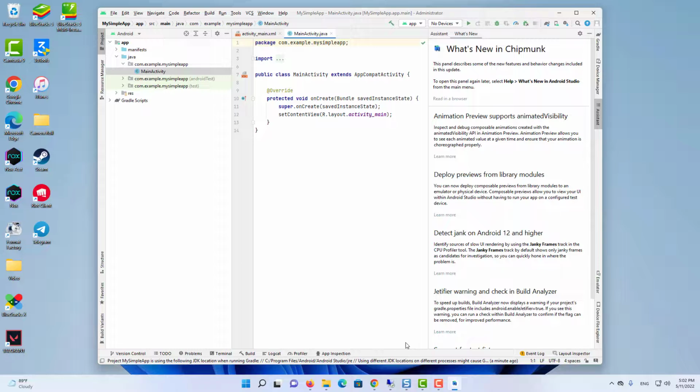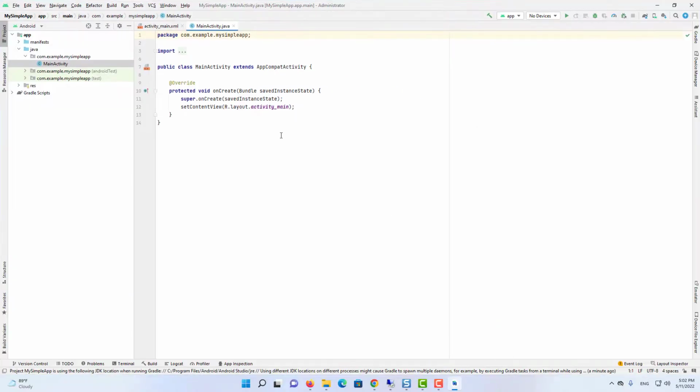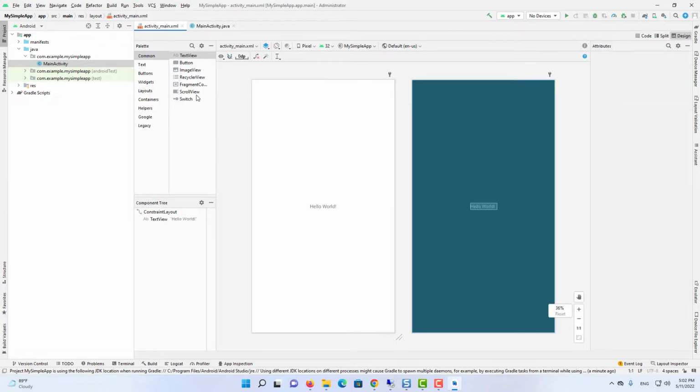When a new project is created, you will see two files here. First one is MainActivity.java, where you will write all the logic behind your Android app. And you will see the activity_main.xml file where you can design your app. So you have all these components here. You can drag and drop these components in your app, and then you can use these components. But before running your app you need an Android emulator where you will run your app. You have created your app,